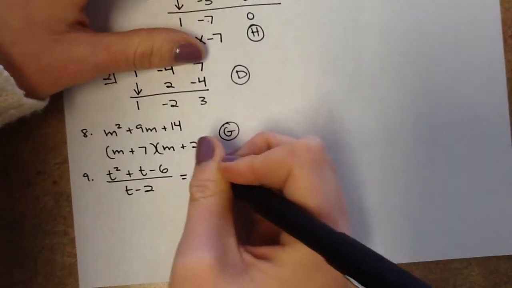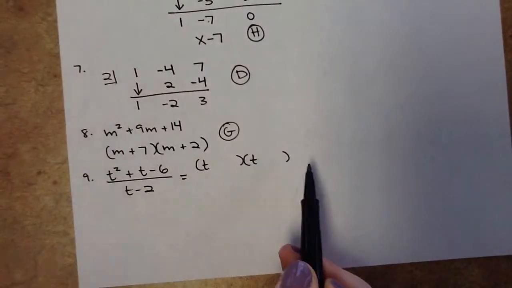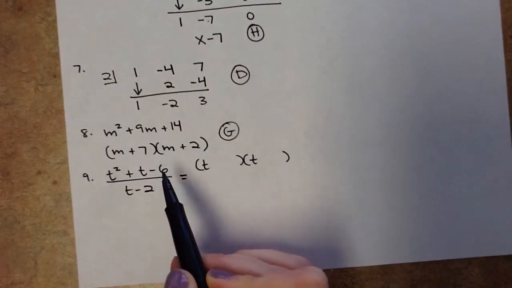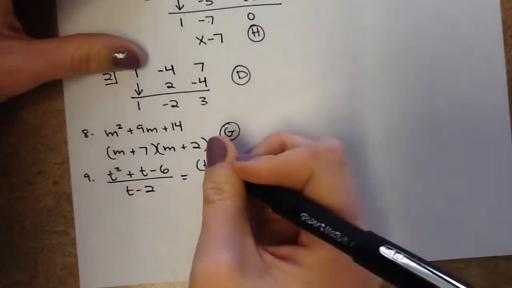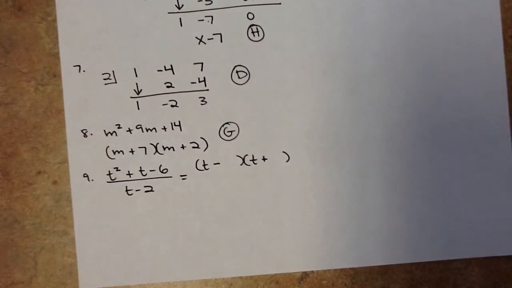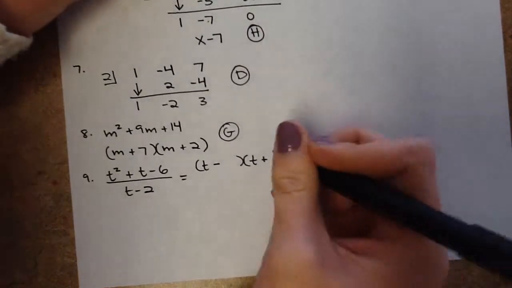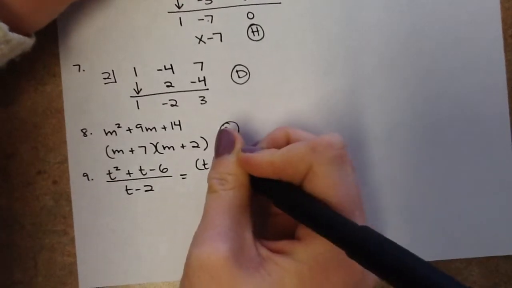To get a t squared, we've got our t and t. These numbers I'm supposed to multiply to a negative 6. So first of all, if I'm multiplying to something negative, I know I'm going to have one negative and one positive. That's kind of a starting point. And then when I add up my outside and inside terms, I'm supposed to get a positive t. So I'm going to have a positive 3 right here and a negative 2